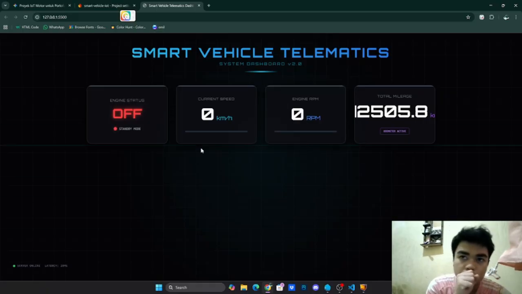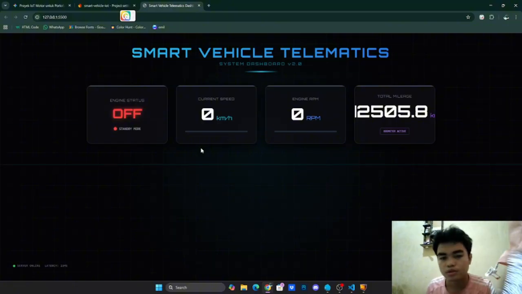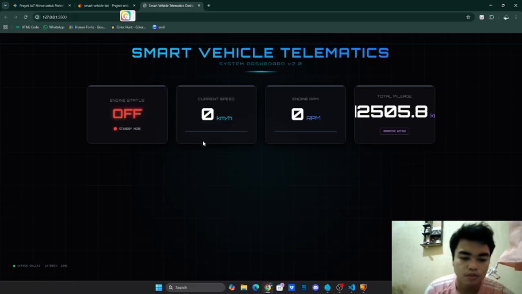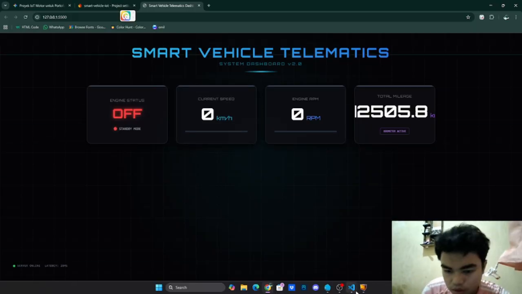Second, the mobile app. I can show it to you on this laptop because I open the application with my phone running the browser.